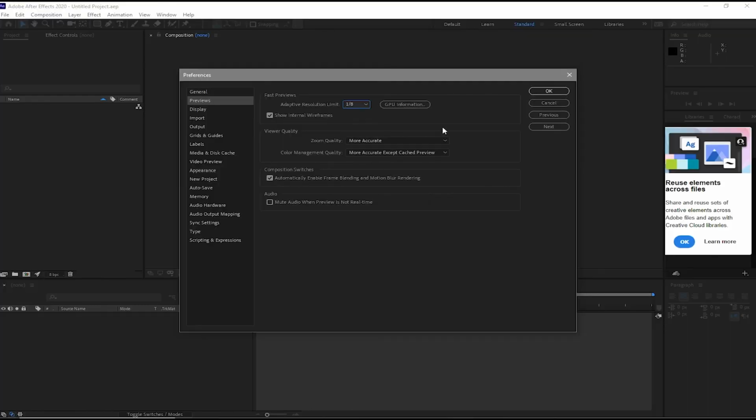So we are now here in GPU information. All you have to do is probably change it to faster, or it's up to you. What is your preference? For me, I want it faster. And now we will go to